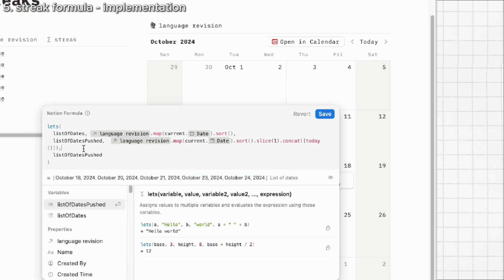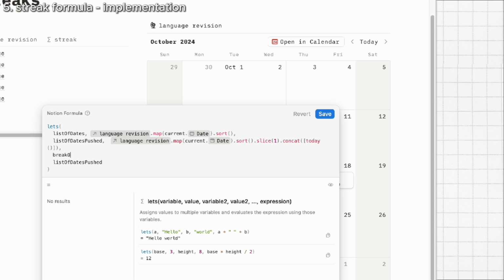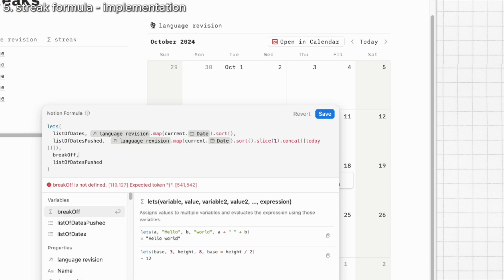Next, we are going to find the breakoff point, as in the date when the streak was broken. So on a new line, we'll define a variable named breakoff. Then add a comma, and now let's calculate the values to be stored in breakoff. As we discussed earlier, we'll calculate the differences between the dates in listOfDatePushed and listOfDate, comparing the dates at corresponding